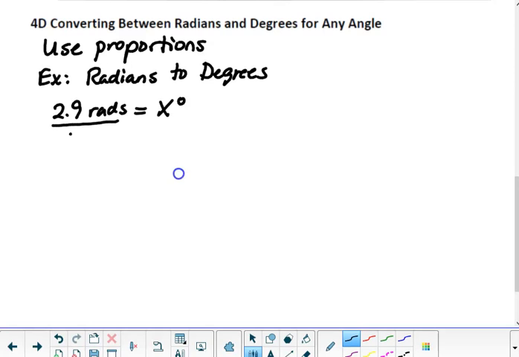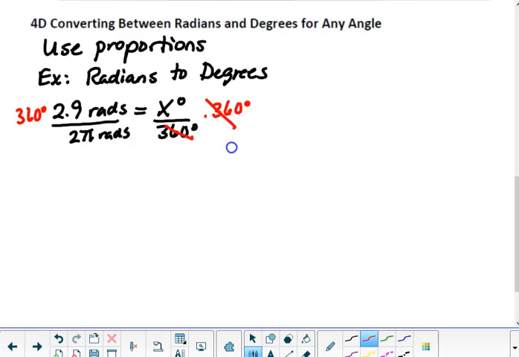I know that there are 2 pi radians in an entire circle, and there are 360 degrees in a whole circle. So these two fractions should be equivalent to each other. 2.9 is the same fraction of 2 pi as x is of 360. Now all I need to do is multiply both sides by 360,